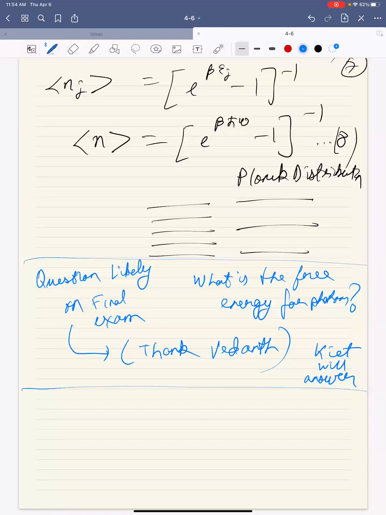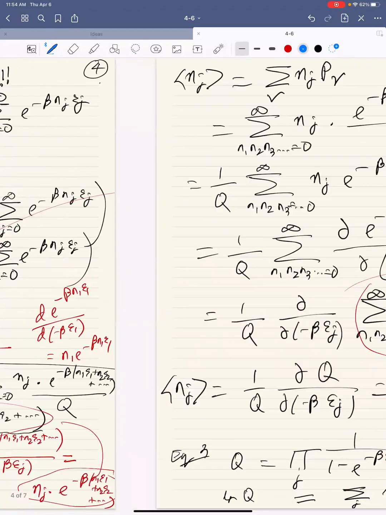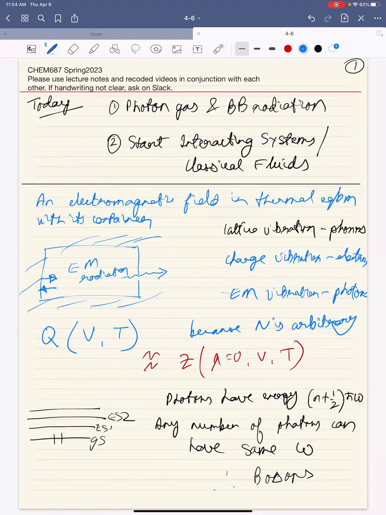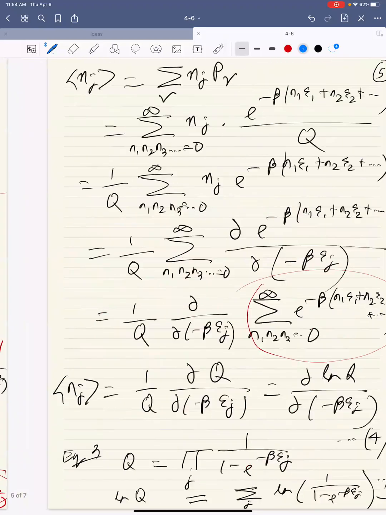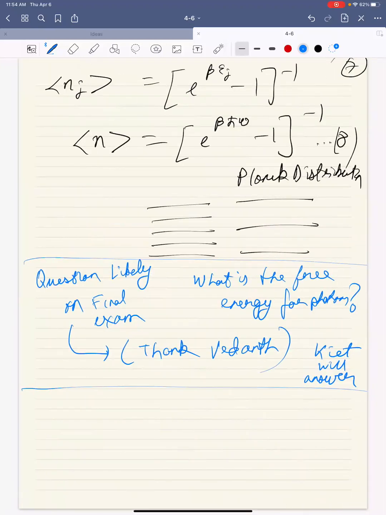So we have the average occupation number for a given frequency, which is powerful. Now we get to the main problem which we started with: if you have this container in which electromagnetic radiation is in equilibrium with the walls of the container, you can study the frequency of the radiation that is coming out of this container. The problem that Max Planck wanted to solve 125 years ago is